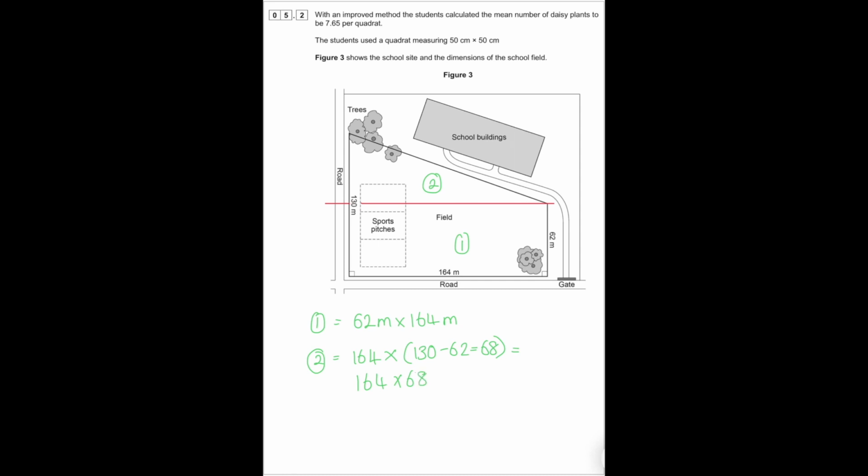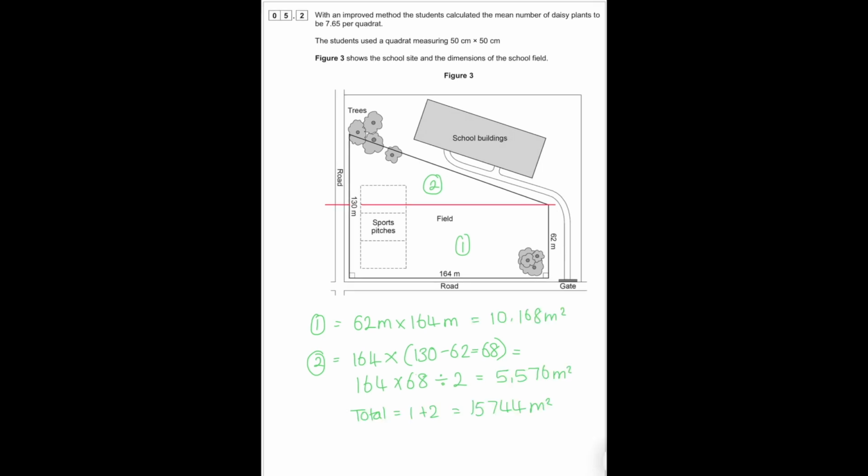That would give us a rectangle, but because it's a triangle, we then divide by 2, and that will give us the area of the triangle 2. So the area of the rectangle 1 is 164 times 62, which works out at 10,168 metres squared. The area of the triangle, area 2, is 164 times 68 divided by 2 because it's a triangle, which gives us 5,576. And if we add the two together, we've got